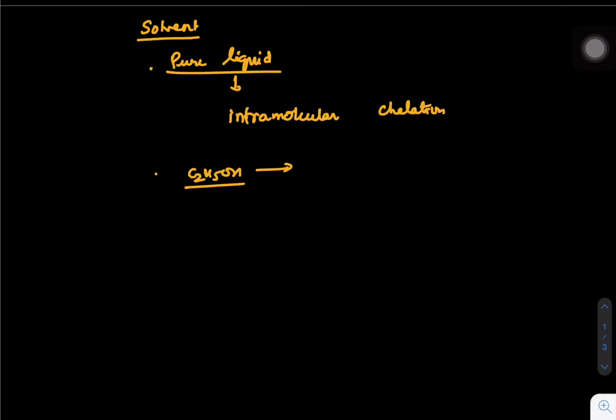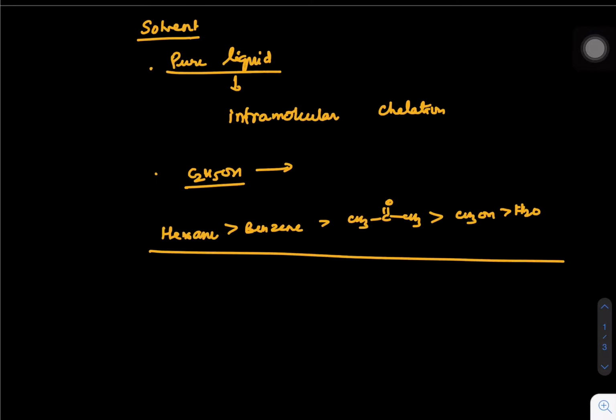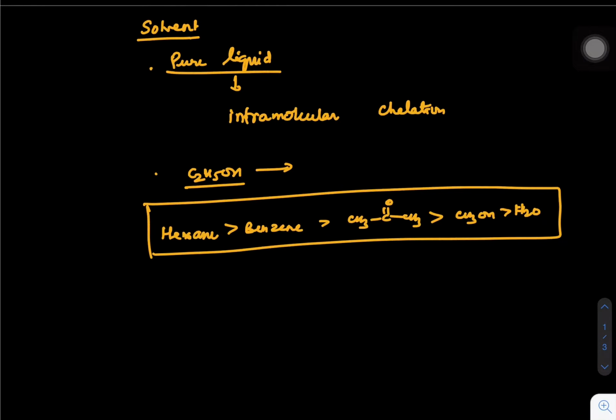So what kind of solvent is more preferred, which is aprotic solvent? Like let's say somebody is giving you hexane, or let's say benzene. Then you come to polar solvent like acetone, which will be the next one. And when it is polar protic, let's say you talk about methanol or water, then it is becoming even lesser enol content. So enol content based on the different solvent for the same compound will follow this kind of sequence. I hope this should be very clear.